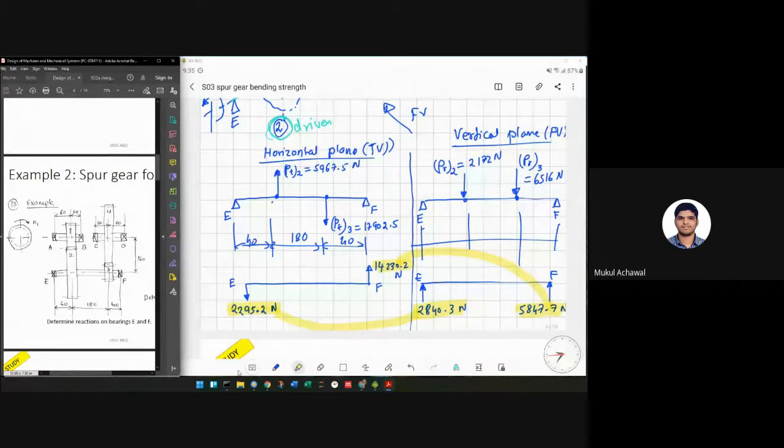Sir? Yeah, Mukul. Sir, do we have to always find the resultant forces, or would the question mention to find the horizontal and vertical components at the bearing? No, as far as force analysis is concerned, up to this stage is okay. But the final use of these reactions is that the main purpose would be to select the bearing. So what reaction is coming on the bearing is the point. There, horizontal and vertical doesn't make sense. You only need to know the net radial force acting on the bearing.